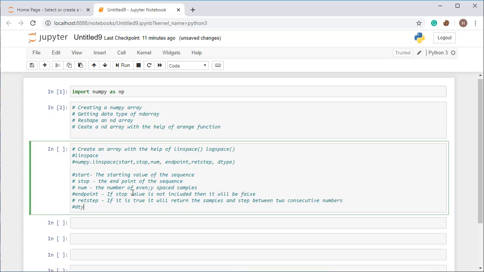And the last one is dtype, which you all know. You can define this by your own.